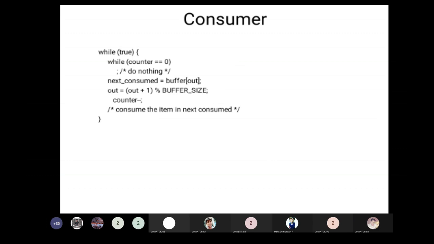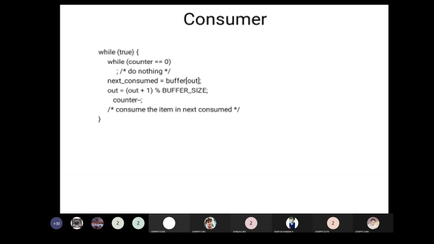Suppose we take an example: I have a set of 5 chocolates. There are 2 persons, person A and person B. A is having the 5 chocolates. Assume A is the producer here, and A and B are going to commonly share a bag. You name this bag C. Now A is the producer, B is the consumer, C is the bag, and this bag is initially empty. What A is doing is producing some chocolates.